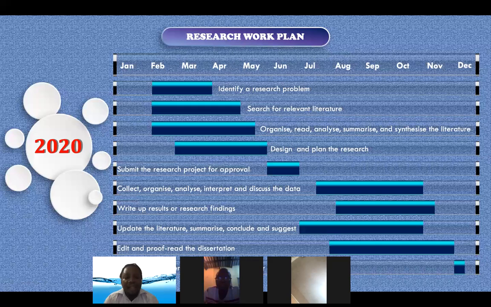And after that, at the beginning of June, they submitted their research project for approval. And let's hope that the project was approved at the beginning of July. And after the project was approved at the beginning of July, the students had already started